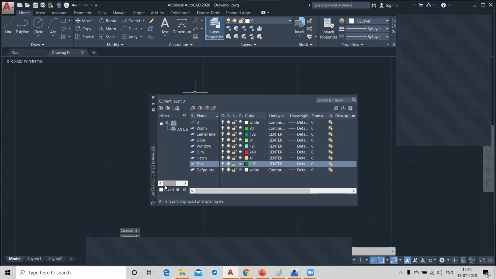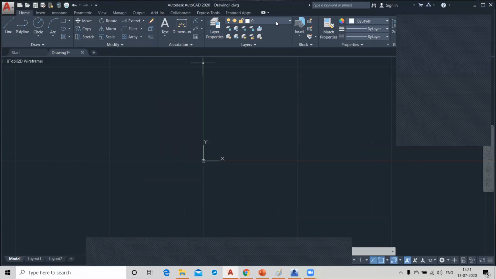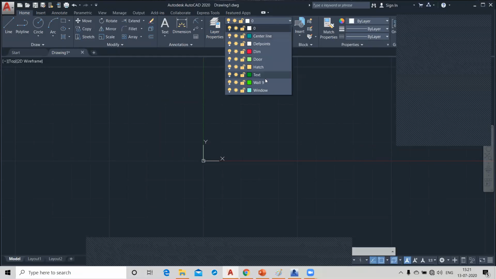So as usual, you can create many of your layers from the layer 2. In the starting, you will create your layers, right? After creating these layers, you can click on this close button. Now all the layers will be shown here.